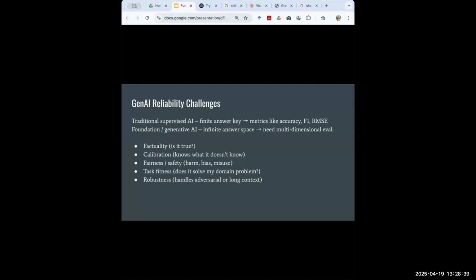And we still need to figure out a way of different criteria, right? Of course, as I mentioned earlier, in the previous slide, some information and facts were just outright wrong. So we need to check its factuality. Is this correct? Is it true? And it is not accurately telling us that it doesn't know; it has no idea what it doesn't know.